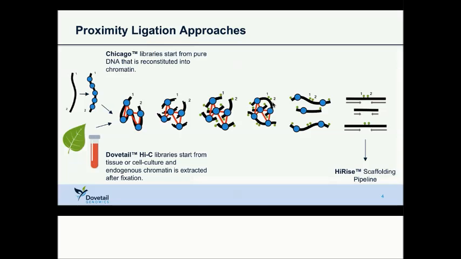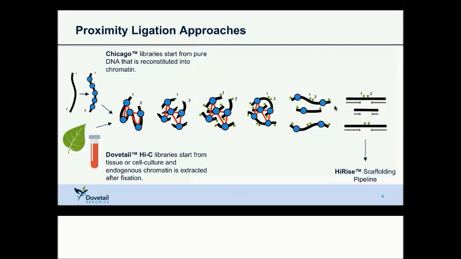So we can then reverse the cross-links and remove the proteins. And now on the far part of the cartoon here, we're down again to just pure DNA molecules. And these are the molecules that are going to go into our sequencing library. And so you can see after we've removed the proteins and cross-links and we've done some end polishing here to remove these